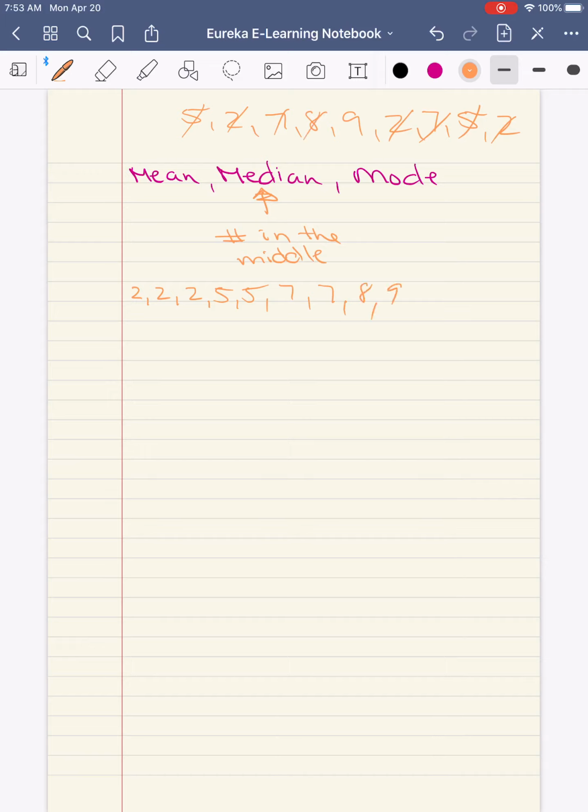I put them in numerical order now. So now that I have them in numerical order, I could check. So 1, 1, 1, 1, making my 5 my median. Okay, so